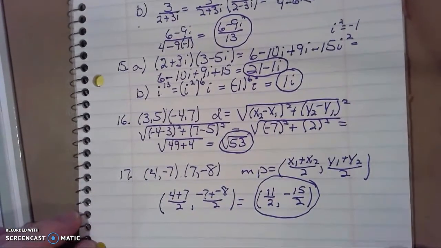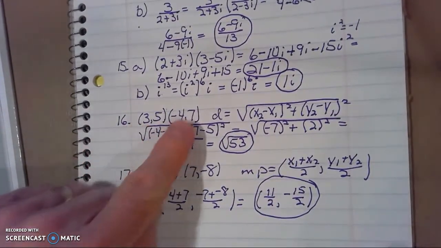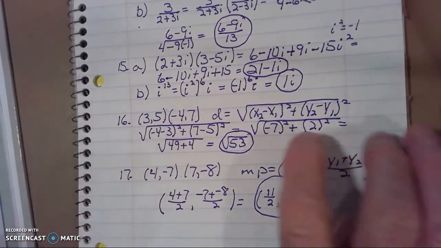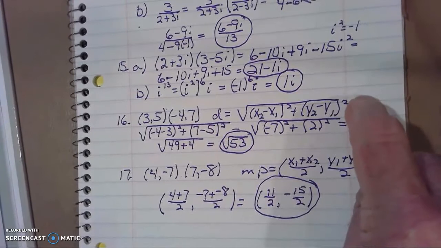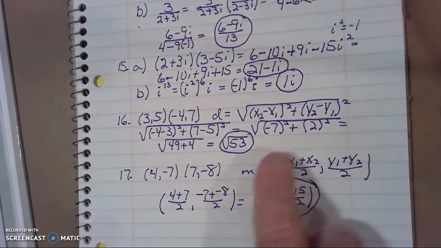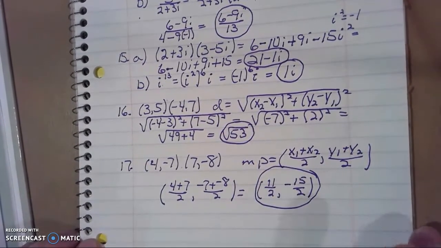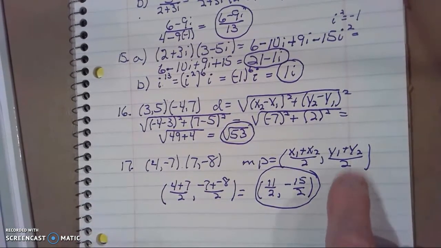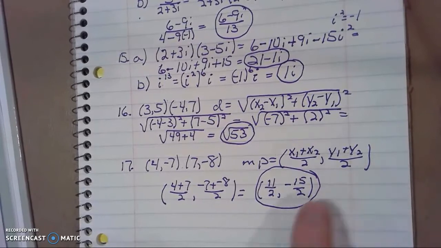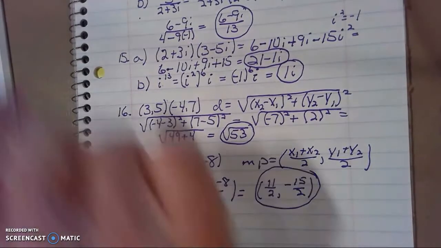Then 16 and 17, you have two ordered pairs on both of them. On 16, you're asked to find the distance formula, so you put them right in this formula here and work it out as I've done. Number 17, you have two ordered pairs. You're asked to find the midpoint. There's the midpoint formula, and there's what we get on that one. Okay, very important for